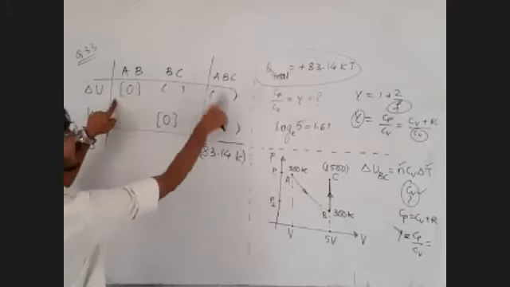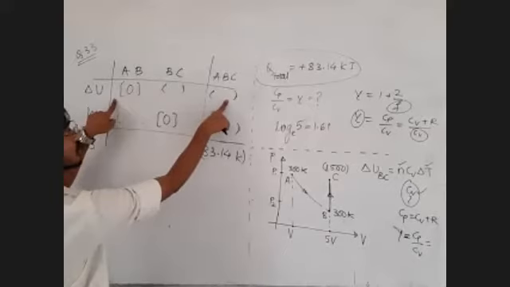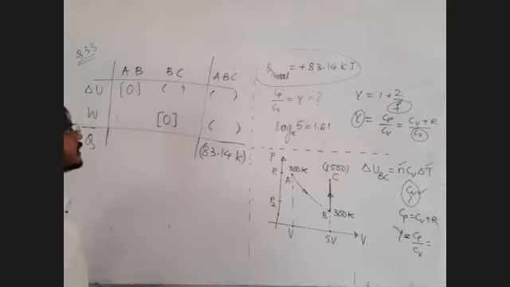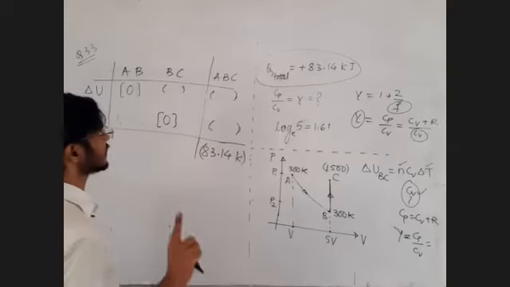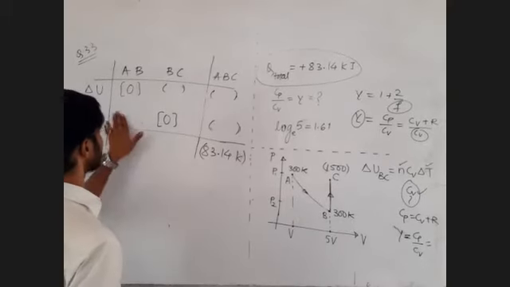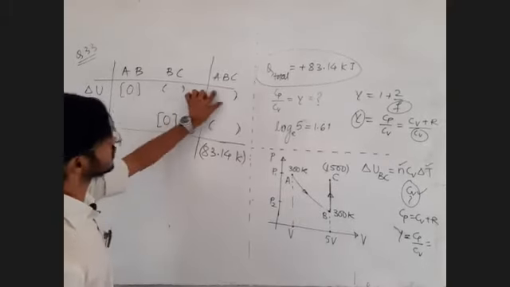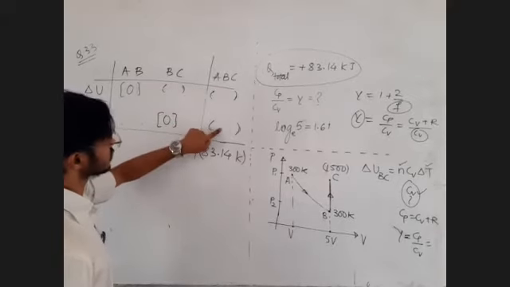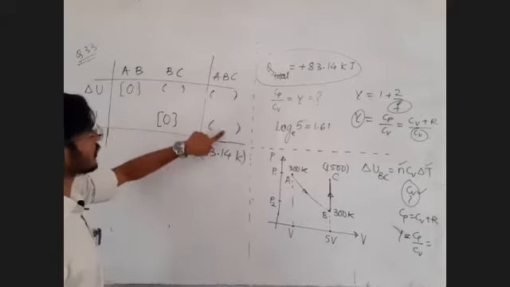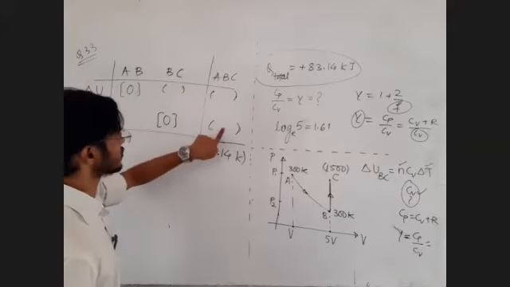This plus this equal to this. Okay, calculation, you know. This chart we have already done at least one time, and now the second time we are doing the same thing. So to find out this, you need this. Can this be found out directly? Work done ABC? Yes, this can be found out.